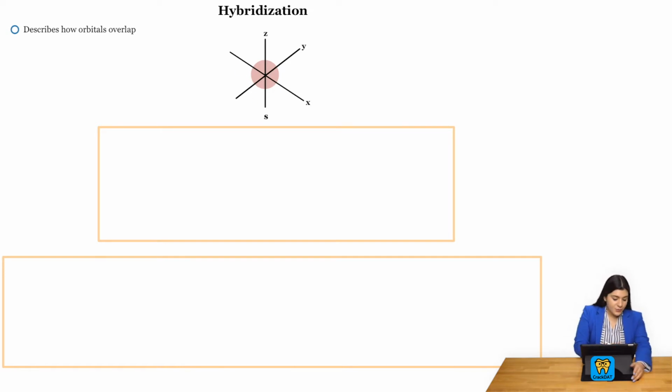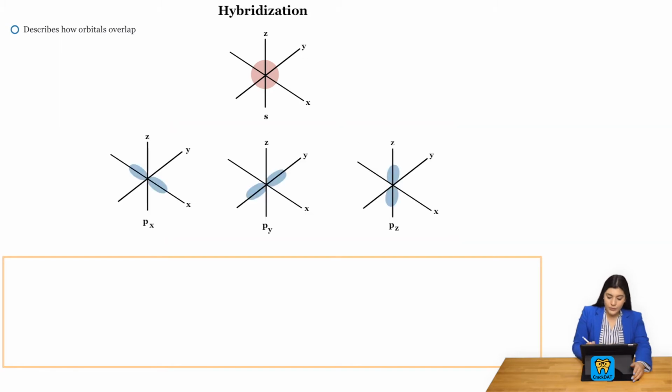And then the next one is going to be our p orbitals. There are 3 different types. So there are 3 subshells. So there's px, and then that's going to lie on the x-axis, py, that lands on the y-axis, and then pz, which lands on the z-axis. Okay, so these 2 are actually going to be the most common ones that we're going to talk about and